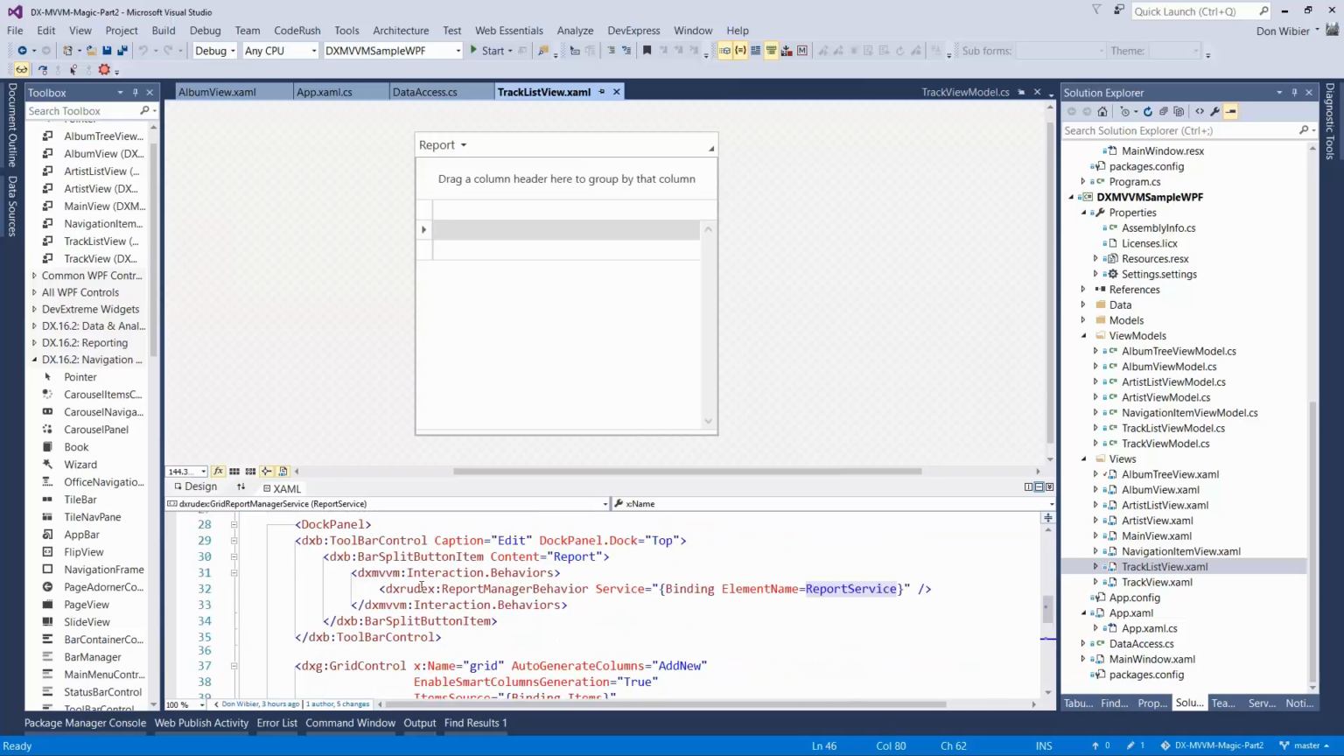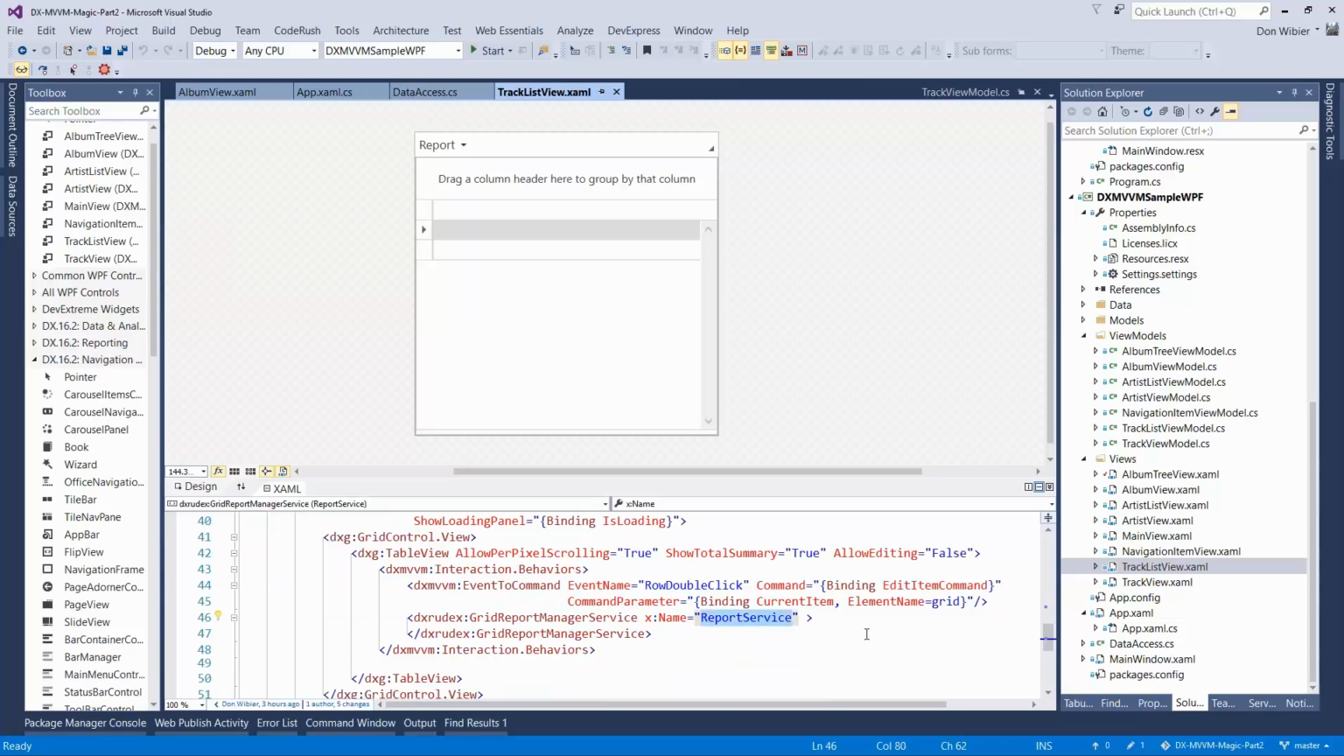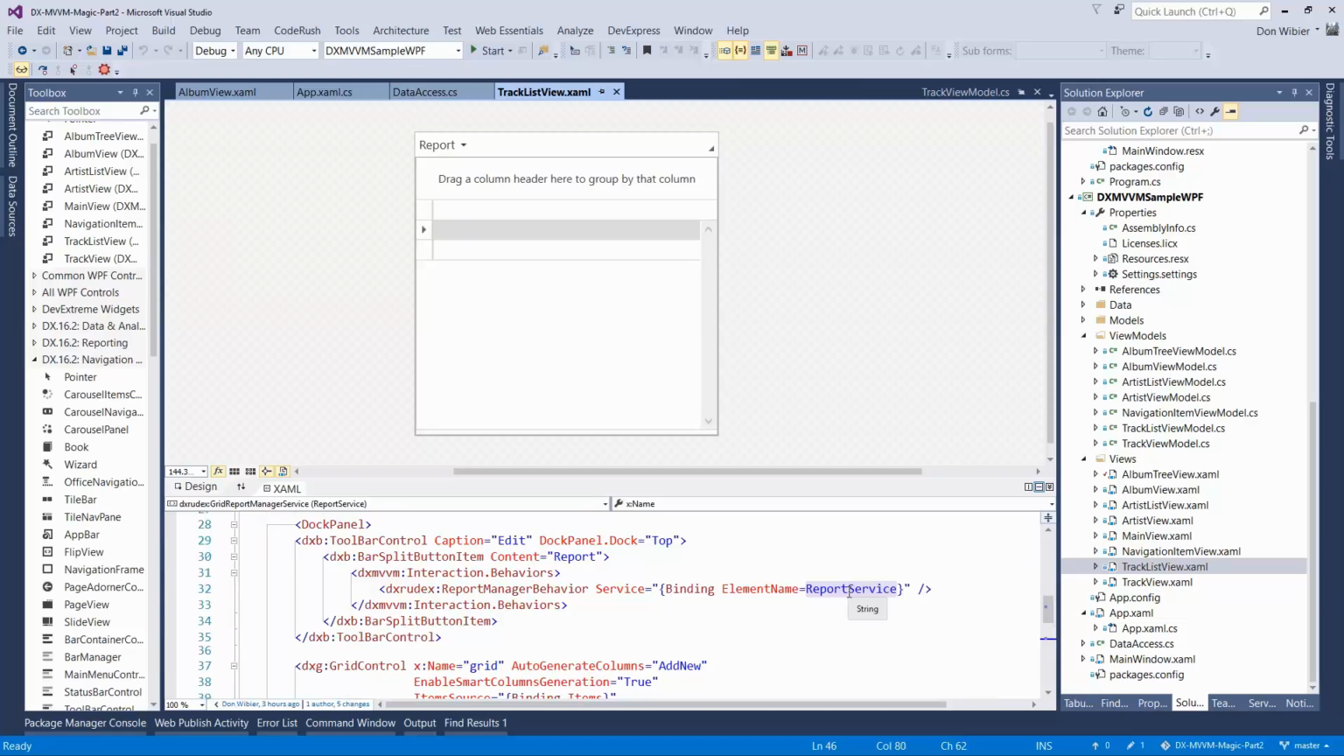If I go to the behavior of that bar split button item, I'll show you at runtime why we need it. I have introduced some behavior here as well, and that behavior is pointing to a specific service, in this case the report service, which is the same as the one here. So if I click that button, that report service will be instantiated, and if I run this application,